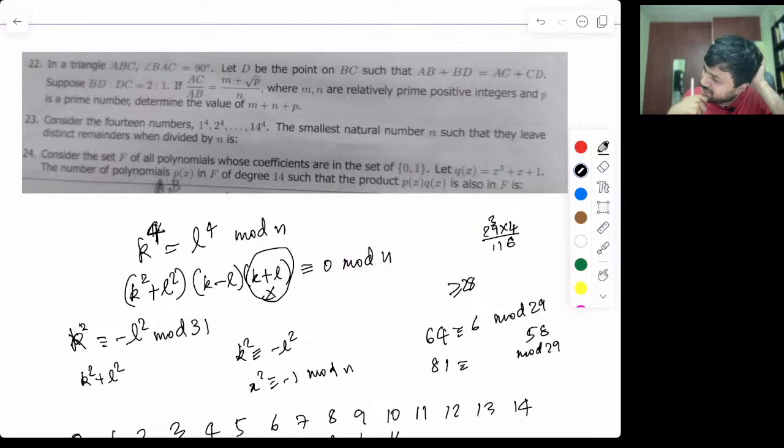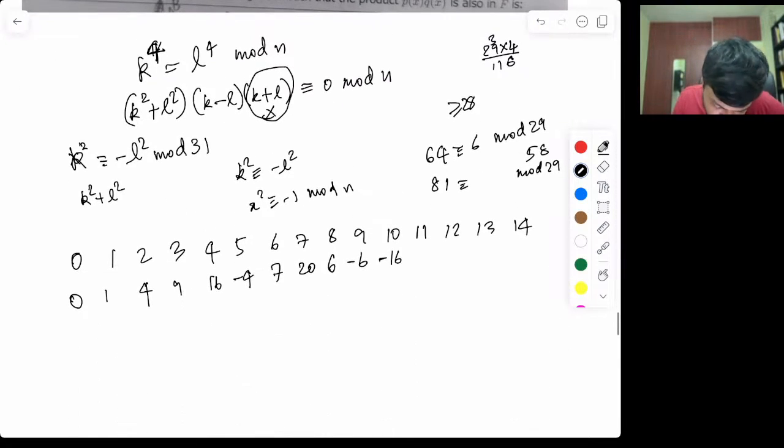Is that true? I'm trying to recall. This is a theorem, right? Let me try to recall what I'm trying to say. If you have a sum of two squares, n, can I argue that any prime of the form 4k plus 3, that is, 3 mod 4, cannot divide this? Because if it did